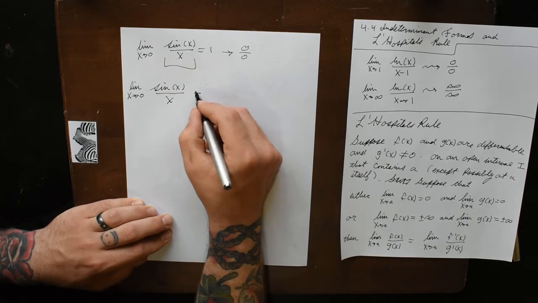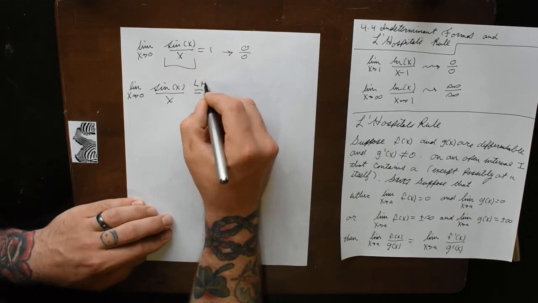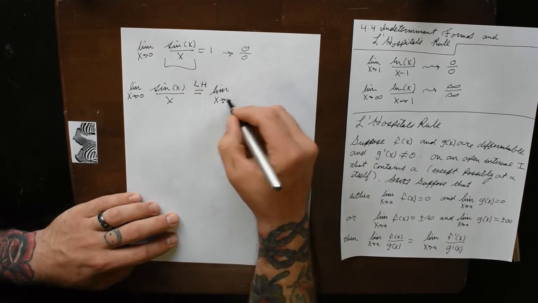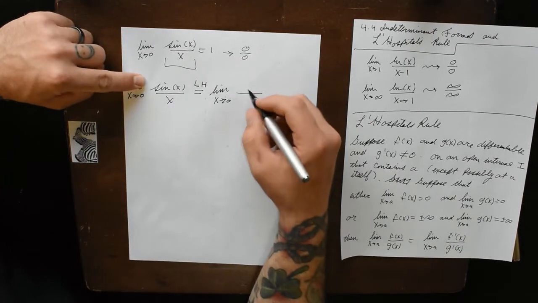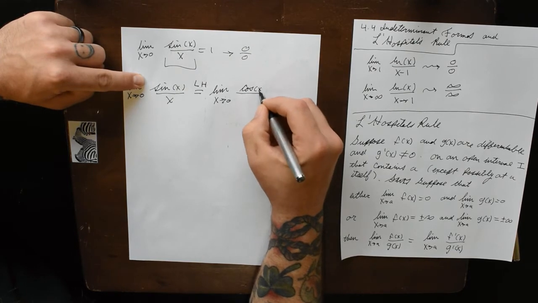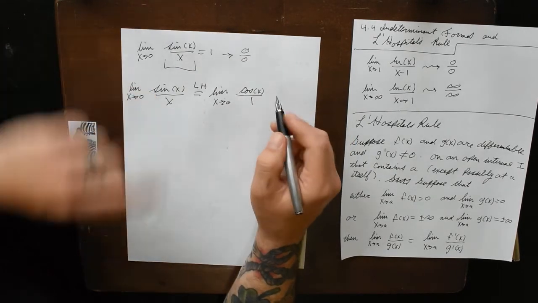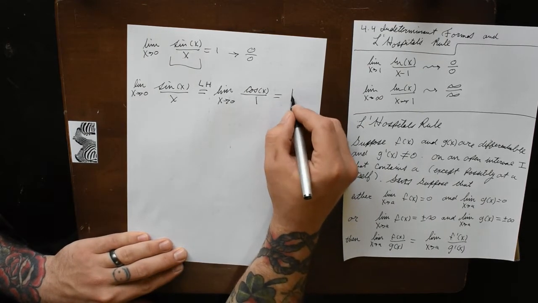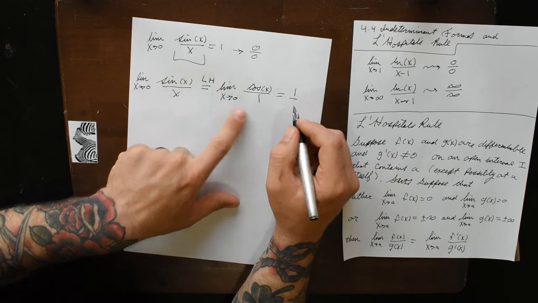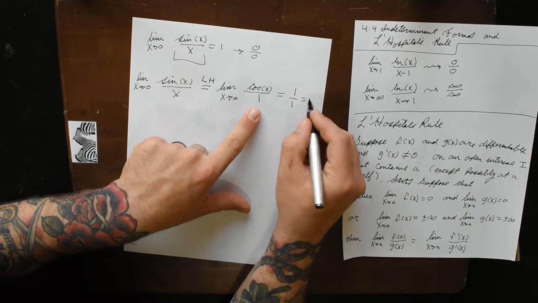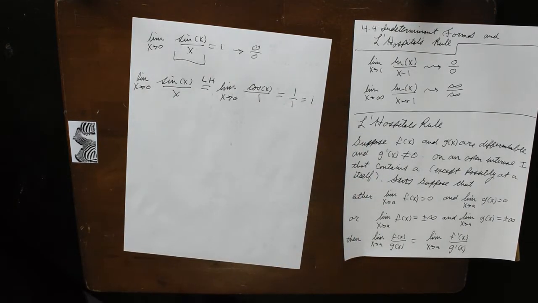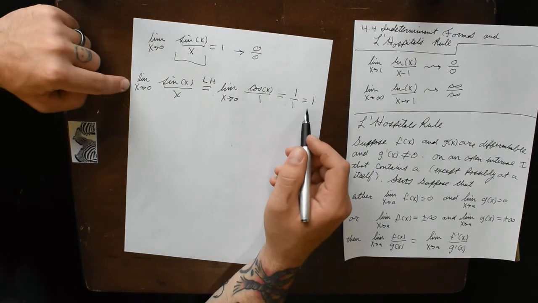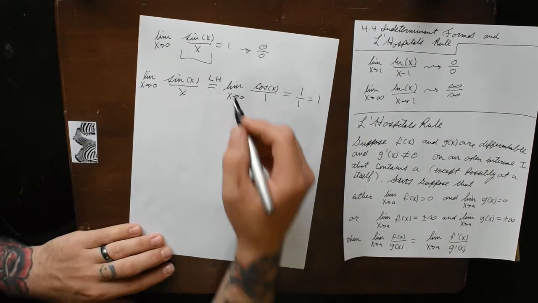is equal to, by L'Hopital's rule, the limit as x goes off to 0 of the derivative of sine, which is cosine, and the derivative of x is 1. Well, the limit as x goes to 0 of cosine of x is equal to 1, and the limit as x goes to 0 of 1 is 1, which gives us 1. So now we no longer need to use a geometric proof to get this result. We can just apply L'Hopital's rule. Once again,